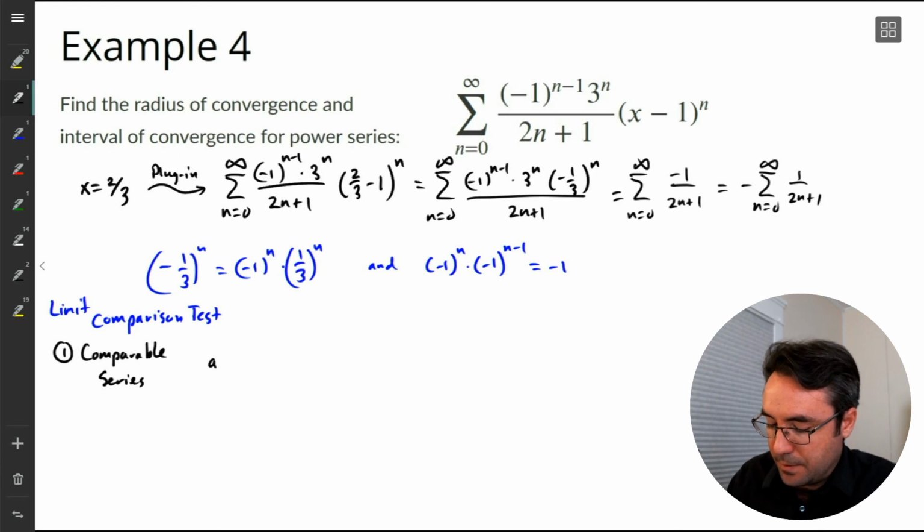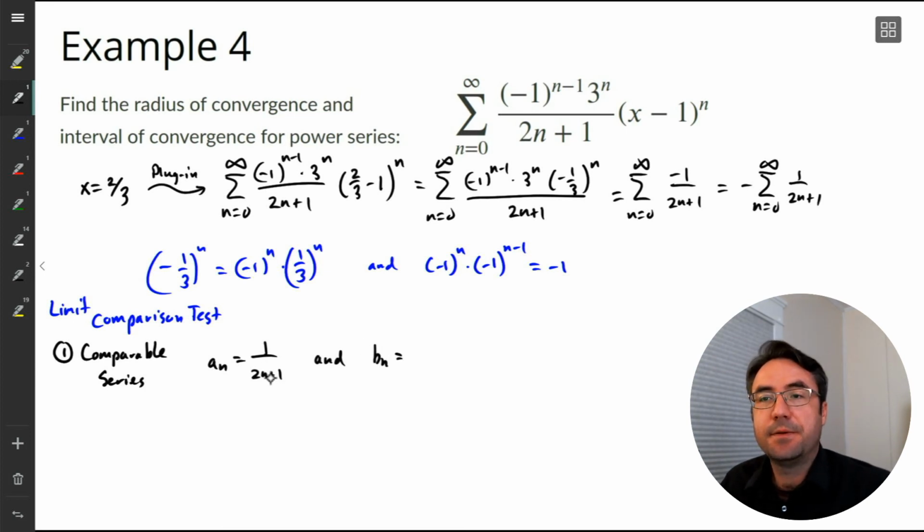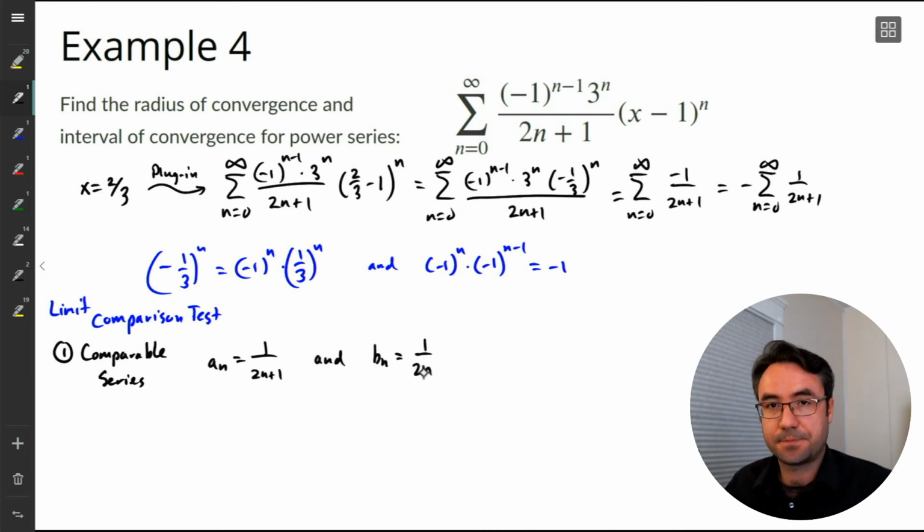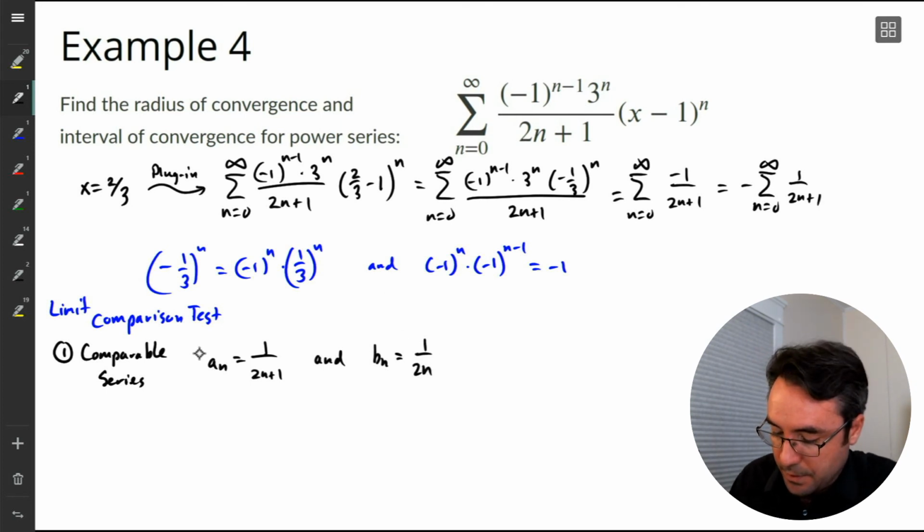So our an here is 1 over 2 to the n plus 1. And then our comparable series, bn, that's going to be just the dominant terms. So it's just going to be 1 over 2n. And we know that when we look at the sum of these,